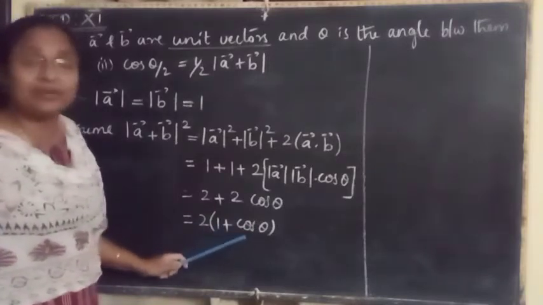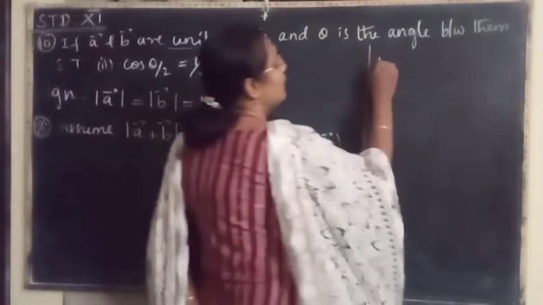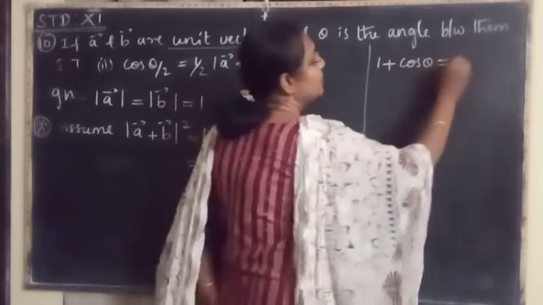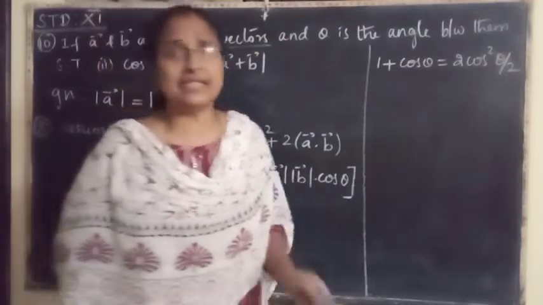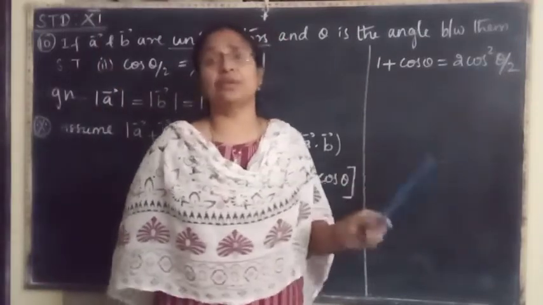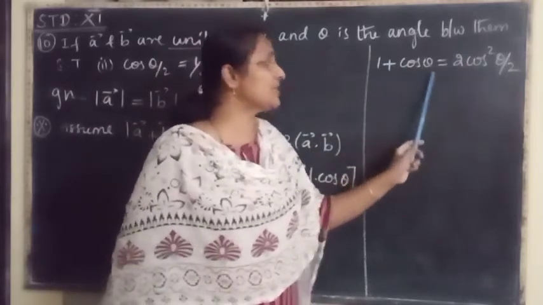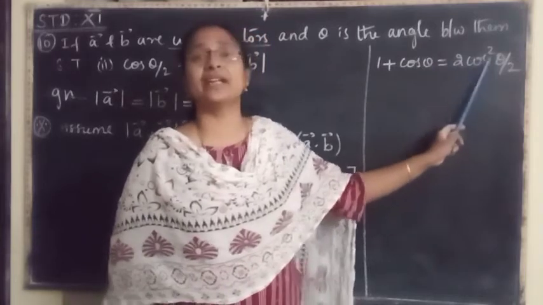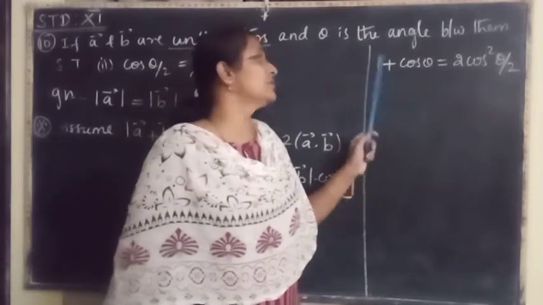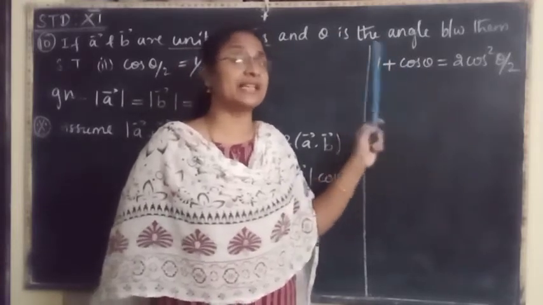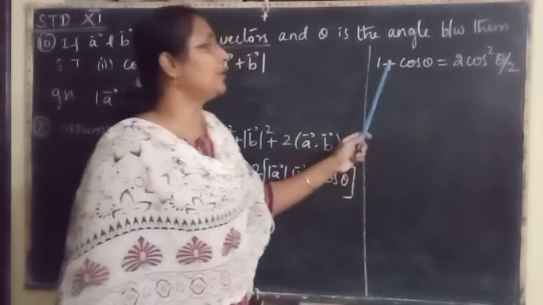Again you have to memorize this trigonometric identity. I will write it here: 1 plus cos theta is equal to 2 into cos square theta by 2. Is it clear? Now listen carefully. Cos is always positive. Just keep it in mind as a clue word. So 1 plus cos theta means it is 2 into cos square theta by 2. If it is going to be minus, sine is always minus. So 1 minus cos theta will become 2 into sine square theta by 2, which we used in our previous first subdivision. So please do memorize this.